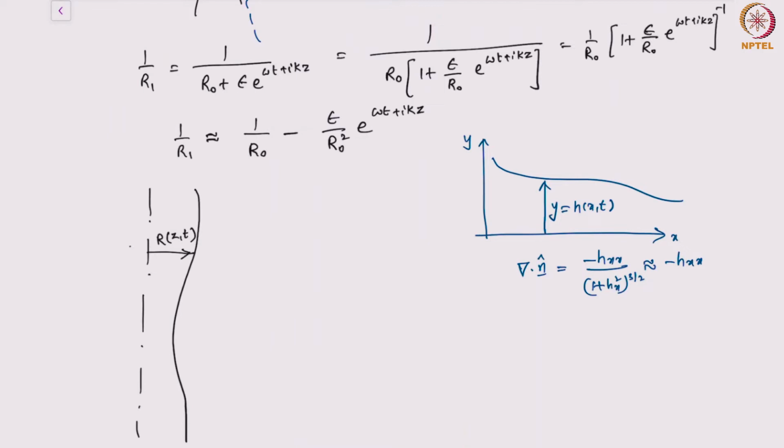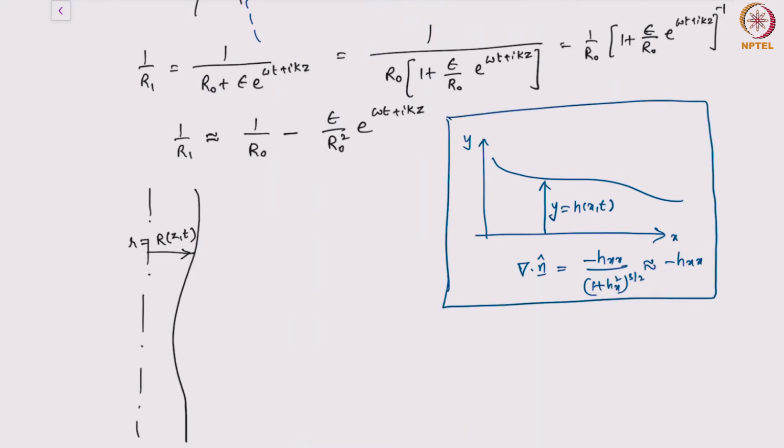This is the radial location r of the interface. This is very similar to the figure that I have drawn on the right. I'll put that in a blue box. So just like y equals h of x comma t, here we have r equals capital R of z comma t. And if I use the same result for the curvature, we get